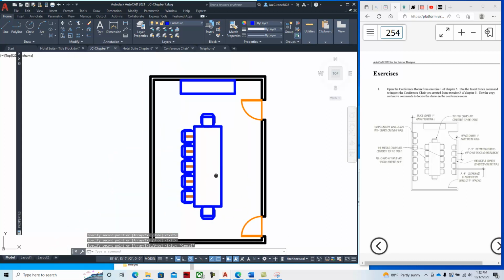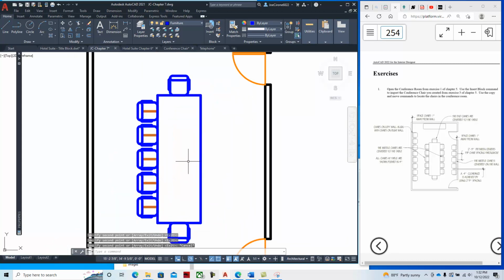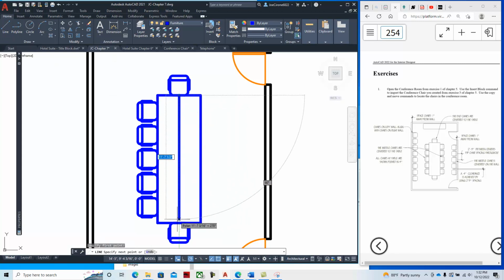And hit escape. And then we can mirror these to the other side. Now we don't need these construction lines, so I'm going to delete those out. And then I'll draw a line just for visual purposes down the center, or midpoint to midpoint. And then what I'll do is I'll mirror it,